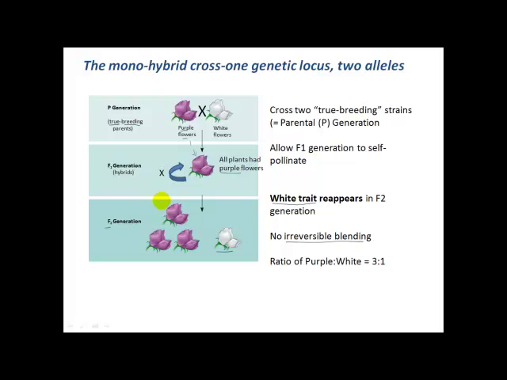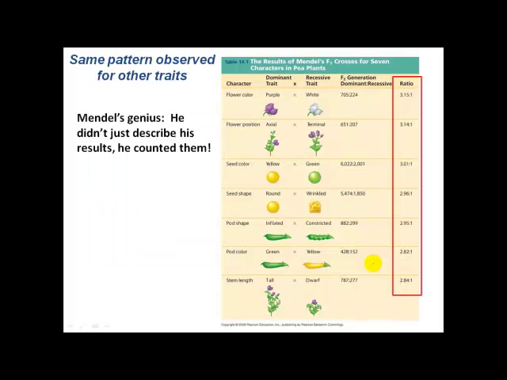And furthermore, when he counted up his results, he observed this very characteristic ratio of traits in this F2 generation, where 3 out of 4 of the offspring would demonstrate the characteristic of the parent plant whose traits were exhibited in the F1 generation, what we now refer to as the dominant trait, and 1 out of 4 would exhibit that alternate characteristic, what we would now call the recessive trait. And that characteristic ratio of 3/4 to 1/4, or 3-to-1 ratio, he observed not just with respect to flower color, but for 6 other traits that he was studying.